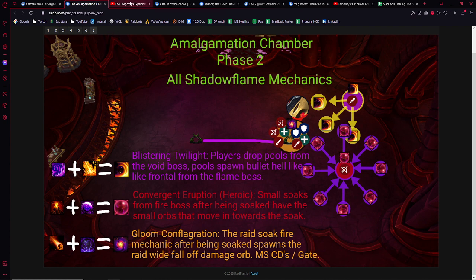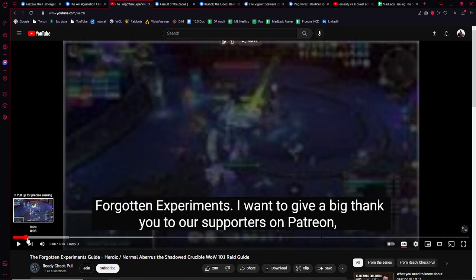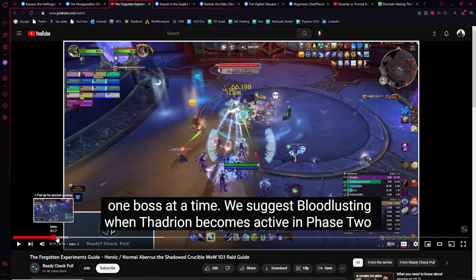Okay, we'll go on to the next boss in this wing. The Amalgamation Chamber afterwards has Forgotten Experiments. Currently, Raid Plan does not have a good image or the correct resources for it, so I was not able to do one. So instead, I kind of pulled up the poll video from ReadyCheck poll that we have been